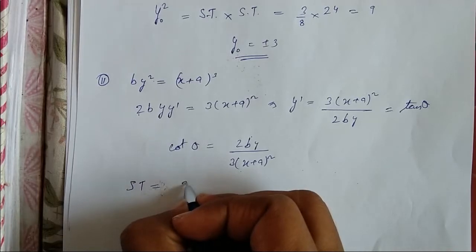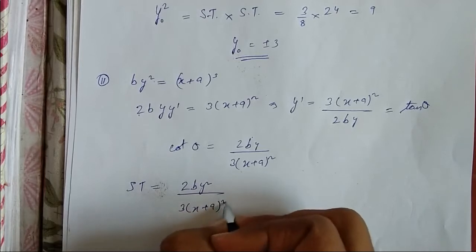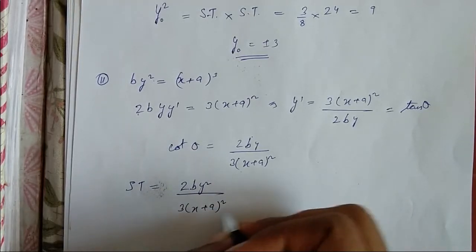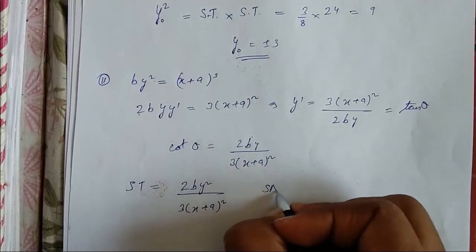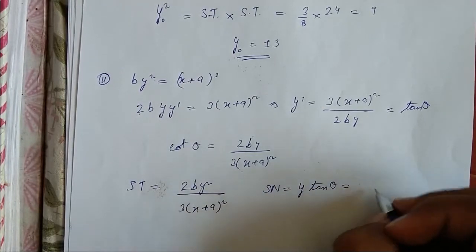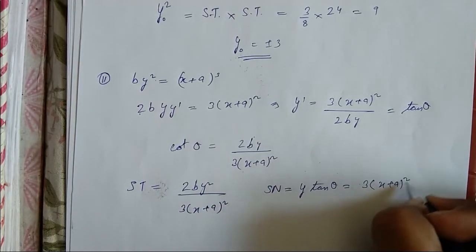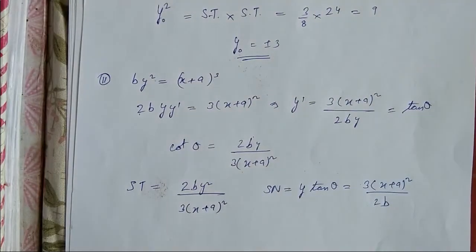Hence subtangent would be equal to 2by square upon (3x plus a) whole square. And subnormal, we know that subnormal is equal to y tan theta, and hence it would be equal to (3x plus a) whole square upon 2b. Okay,